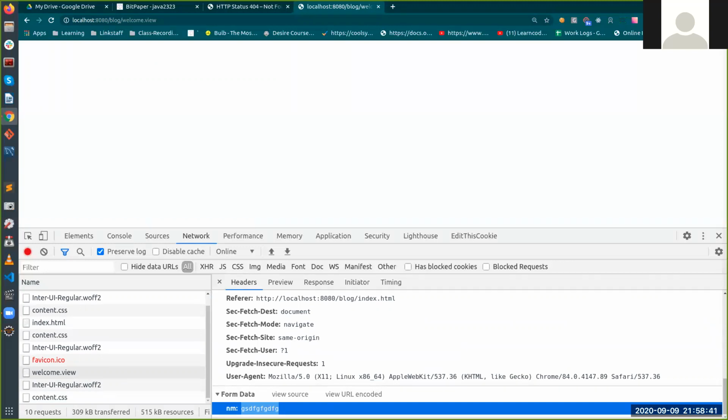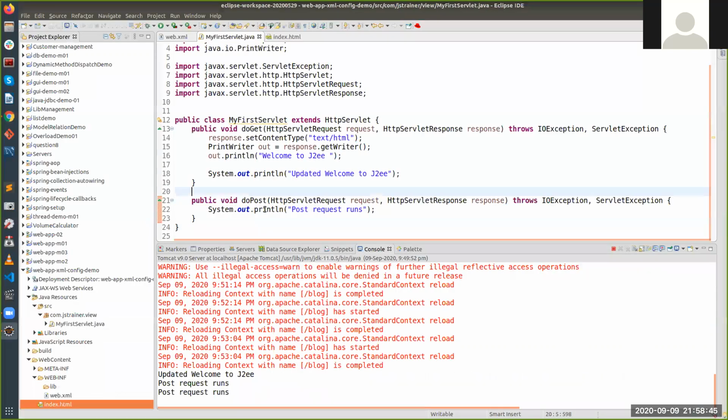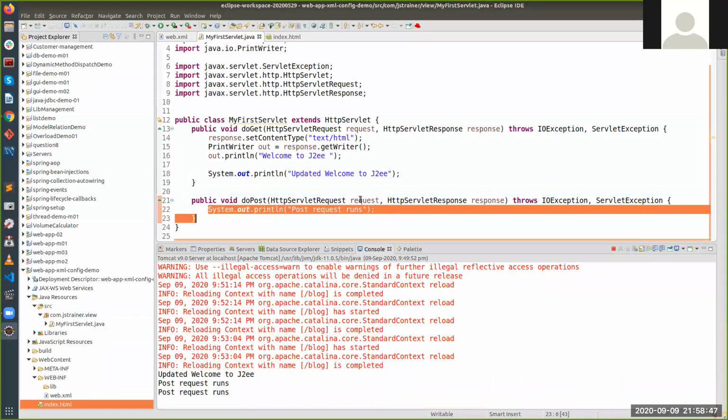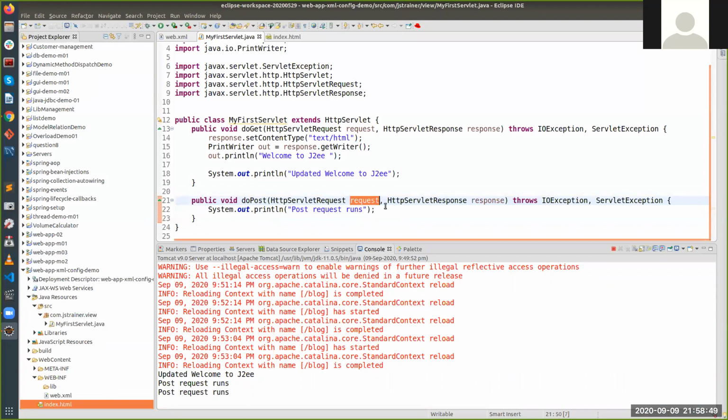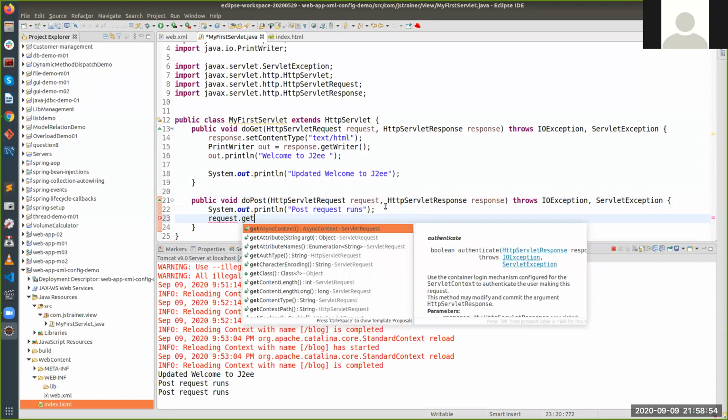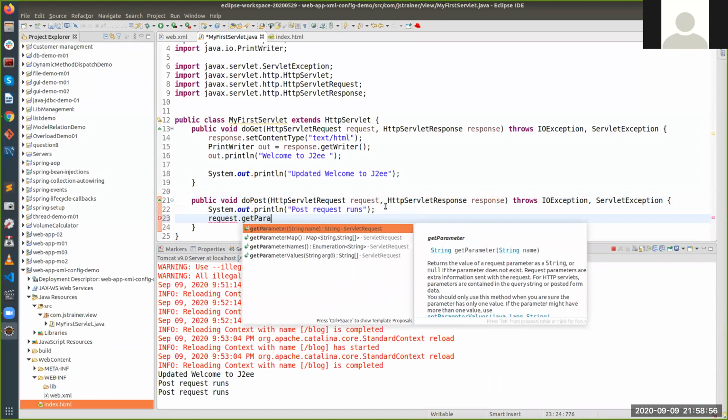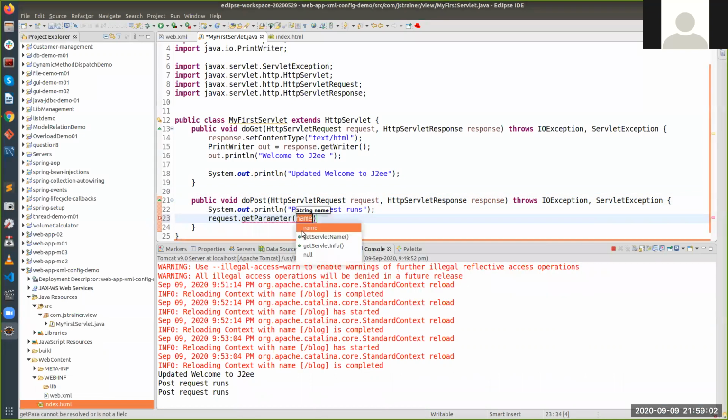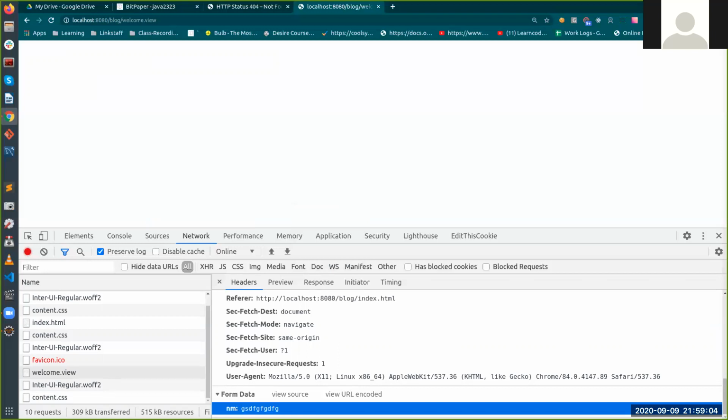Yep. Now, how can I get this parameter value inside my post request? See, everything is going to come inside request, right? So I'm going to make a call on request.getParameter. Any kind of parameter coming from the client can be taken like this. So you have to supply the name of the parameter. Remember, when the parameter is coming, it has a key and a value.